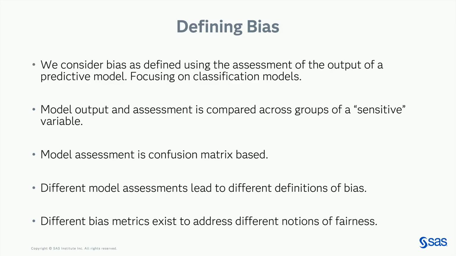But I want you to expand that a little bit and realize this could be anything. It could be a variable that says if you're left or right-handed, if you really cared about a predictive model that's not biased on left or right-handedness, or any sort of attribute that you can think of could be something that you reduce the bias on. Obviously, we'll usually think about the more classical examples of those variables.